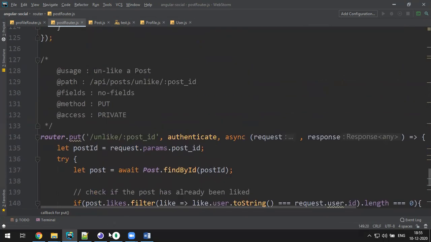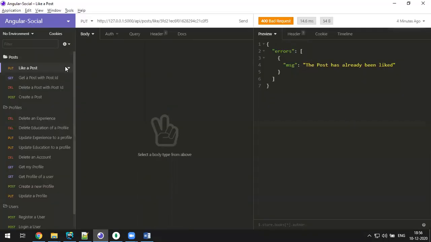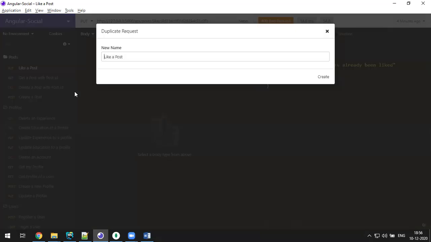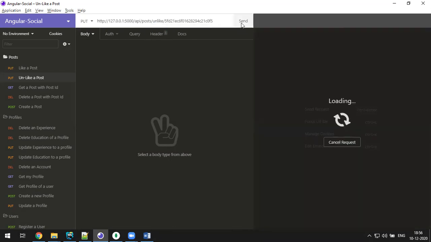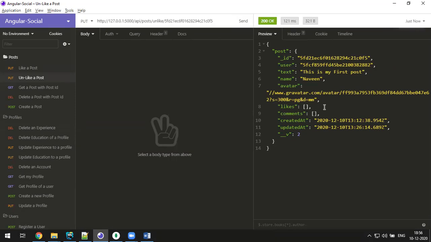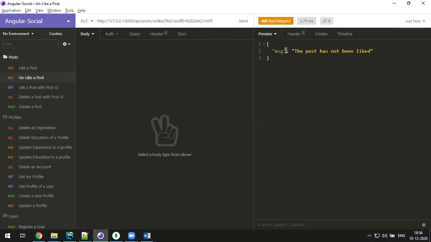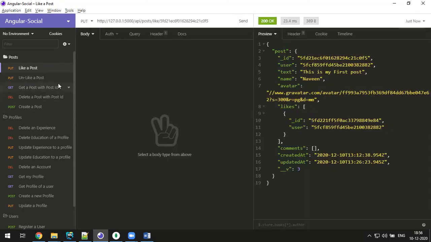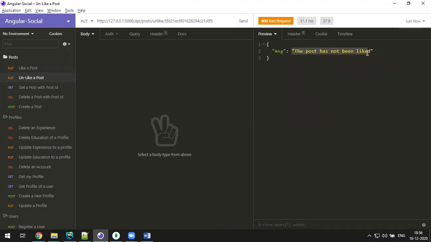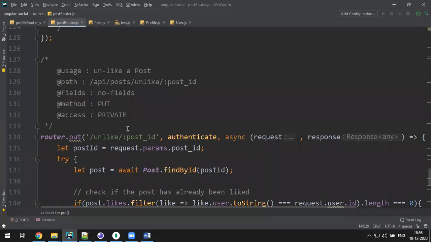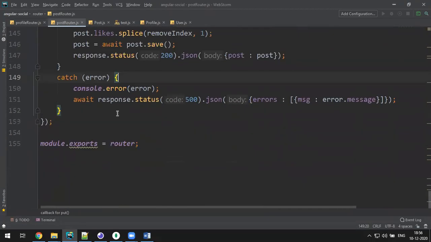Okay, let me unlike it back here. Same as like, I will duplicate it for unlike a post. For unlike I'll say unlike and click on send. So it's been unliked, gone. If I send again, the post has not been liked. Okay, I will like it. You like it. So now you unlike, gone. If I click again, the post has not been liked. It's made 0. Okay, that's working. Just put a lock over there. Okay, fine. Next,